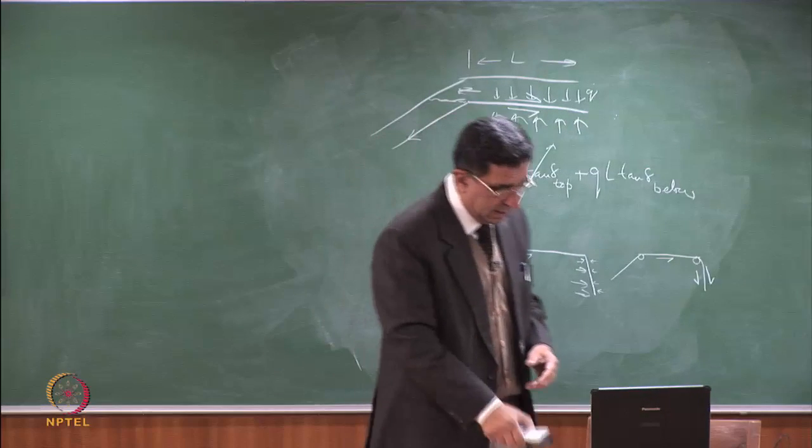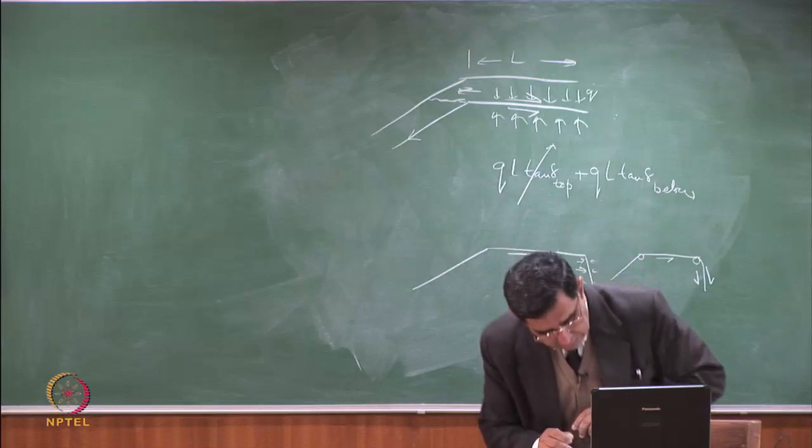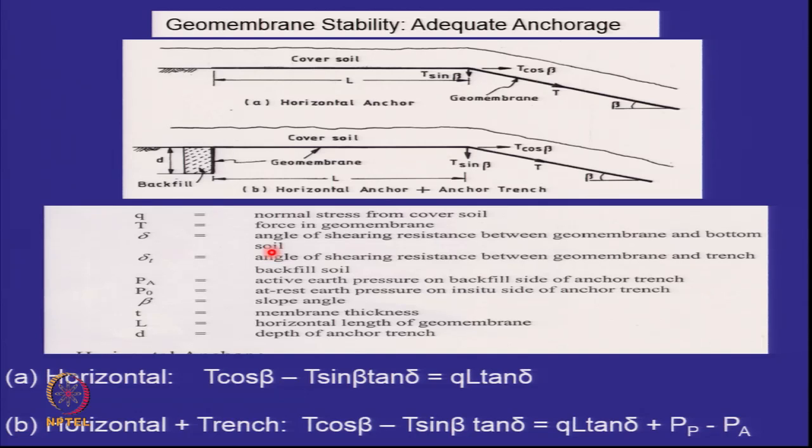And if I was to try and summarize it here, this is the Koerner's theory. Please understand what Koerner does. I just want your attention. The formula is very simple. This is T. Koerner breaks up T into T cos beta and T sin beta. There is a horizontal pull T cos beta, and he will do the stability by taking equilibrium of horizontal forces. T cos beta